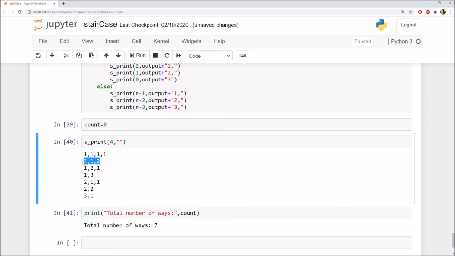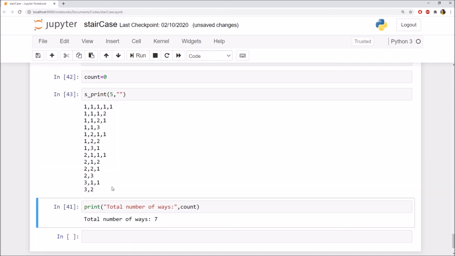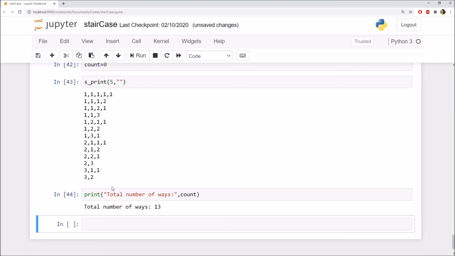So what are these ways? For example, one-step jump and two-step jump to reach the top. Here one-step jump and a 3-step jump. Here 2-step jump, 1-step jump and 1-step jump. Let's execute it for one more value, that is 5. As we know, in the case of a 5-step staircase, we have a total of 13 options.